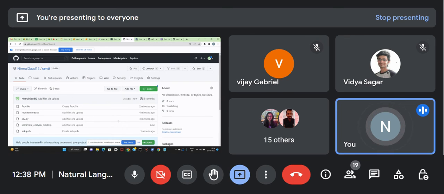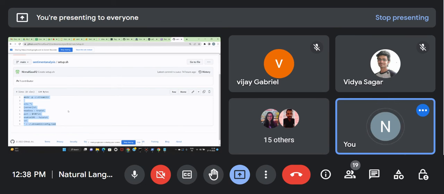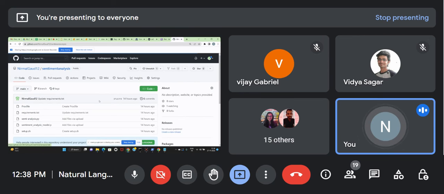Okay, you need to create a repository, and you need to prepare all these files: requirement, your Python file, your model, your setup, your Procfile. This is all you need to do. This is what I created yesterday. I created a sentiment analysis repository and uploaded all these files there. I performed all these tasks 14 hours ago, in front of you all in the demonstration case. After doing this,